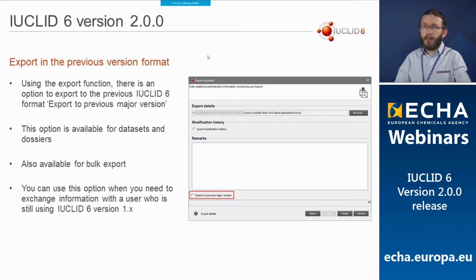So how to use this export function? It's available in the export assistant. So when you select a dossier or a dataset in Euclid and you right-click export, you have this export assistant where you select the location on your computer where your file will be saved. And you see at the bottom of the screen of this export assistant that you have a new option